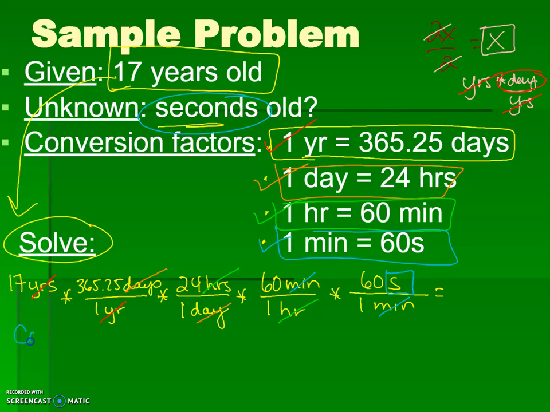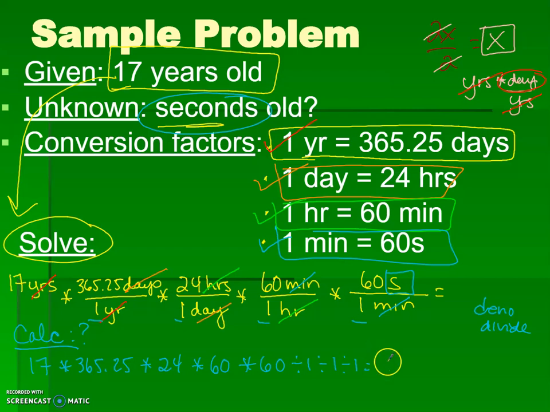Okay, so how do we solve this in our calculator? Well, if it's in the numerator, you multiply it. If it's in the denominator, you divide. So in one fell swoop, 17 times 365.25 times 24 times 60 times 60, and then divide by 1, divide by 1, divide by 1. You can choose to do it or not. It's the identity property. You don't have to do that. But in your calculator, you should get